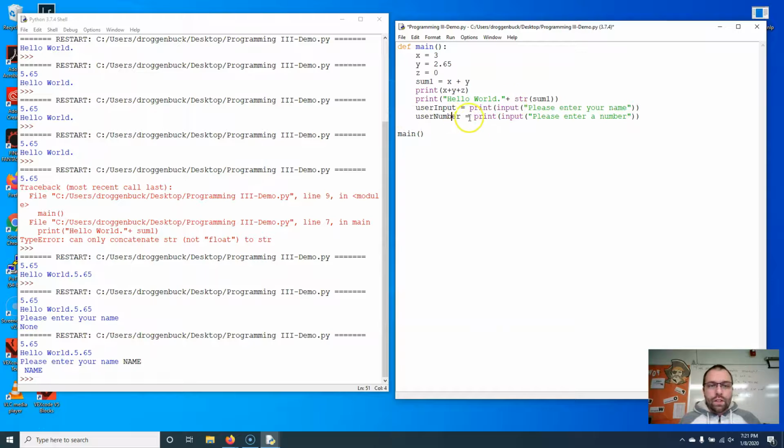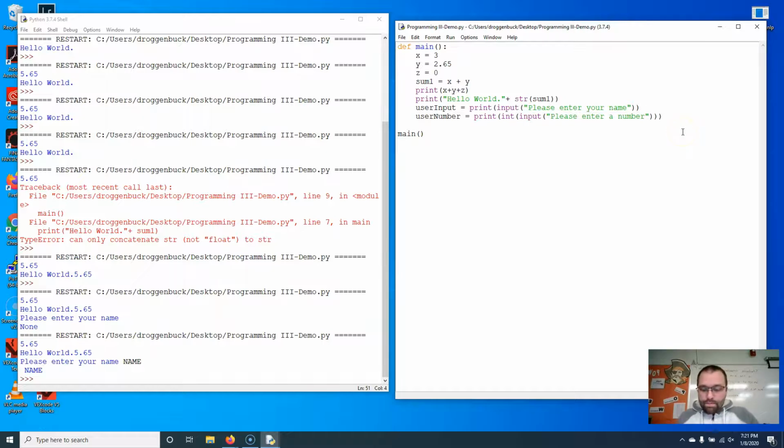So what I need to do is attempt to put this value that gets inputted as an integer, for example. So if I say int, parentheses,